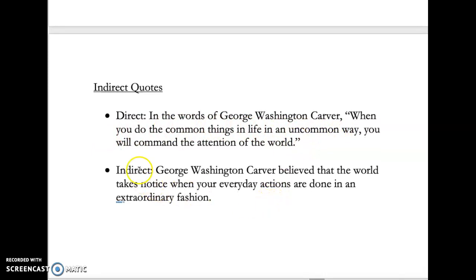And then if I wanted to express this idea indirectly, in other words, paraphrase it, I might write, "George Washington Carver believed," notice no quotes because I'm not saying exactly what he said, "believed that the world takes notice when your everyday actions are done in an extraordinary fashion." So this is the same idea as the original sentence, but I've put it in my own words,